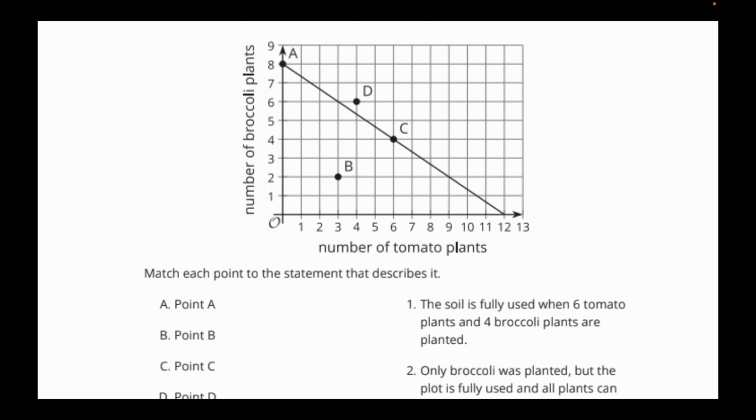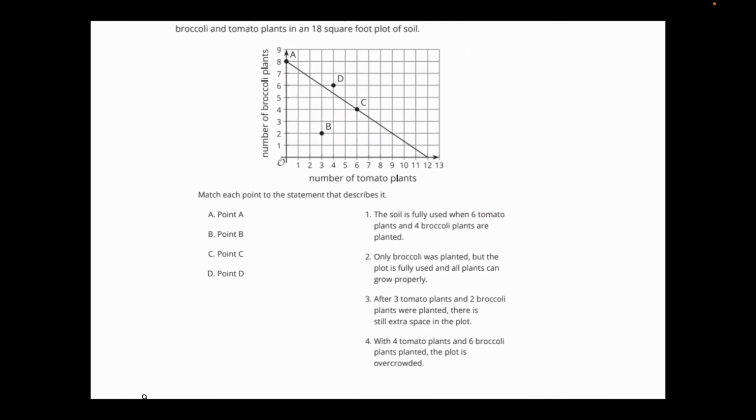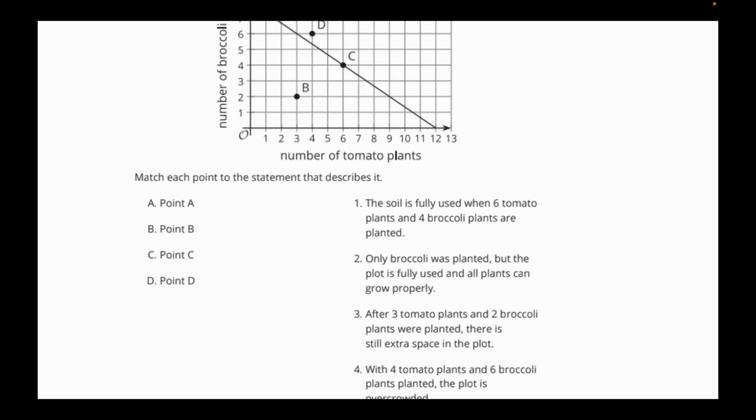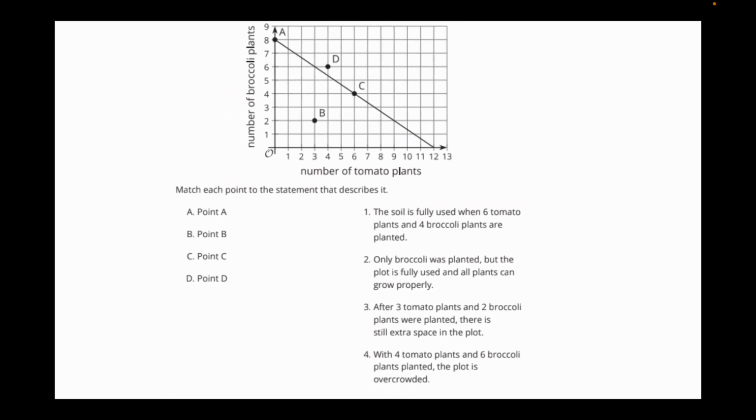So I only see 2 answers that actually land on the graphed line. So I only have 2 things that could be answers or solutions to this, or things that are done appropriately. So that would be the whole amount of the soil being used and not over or under. So point A,